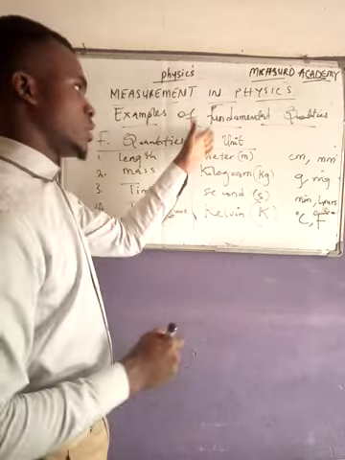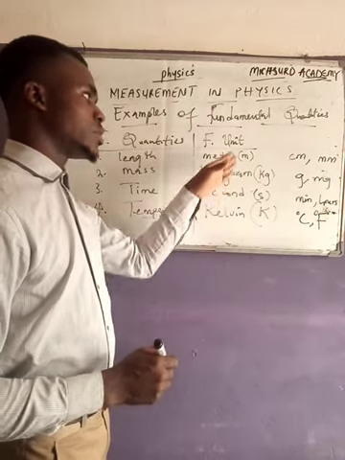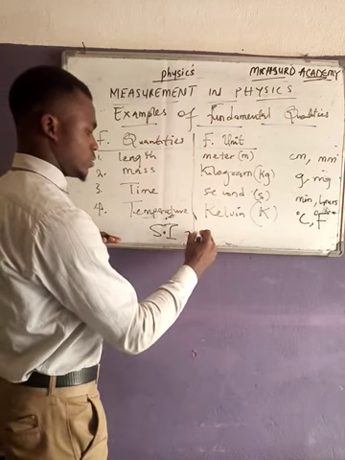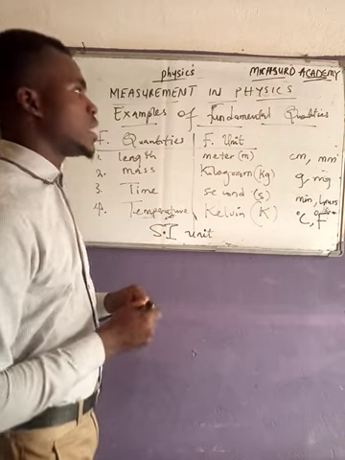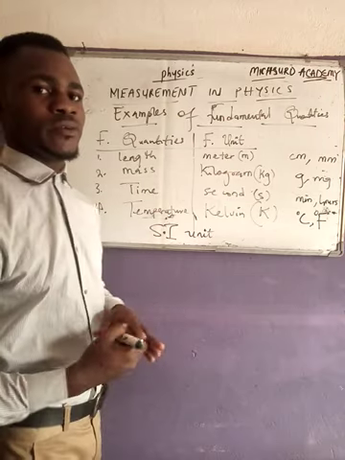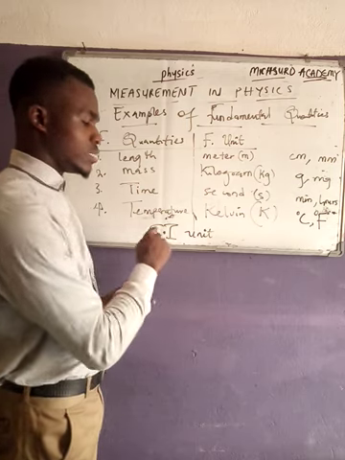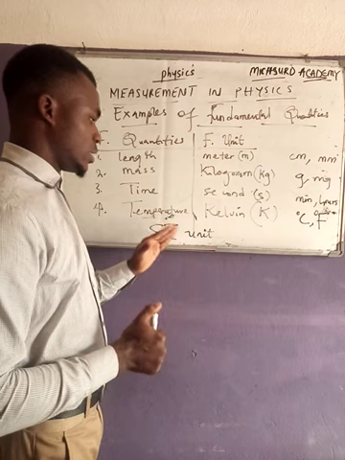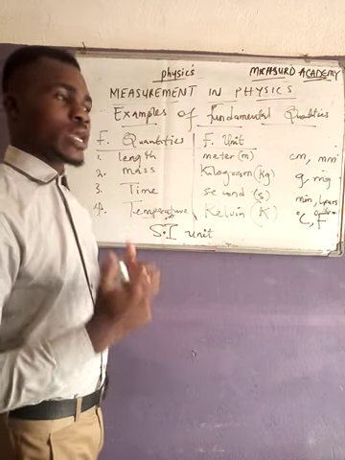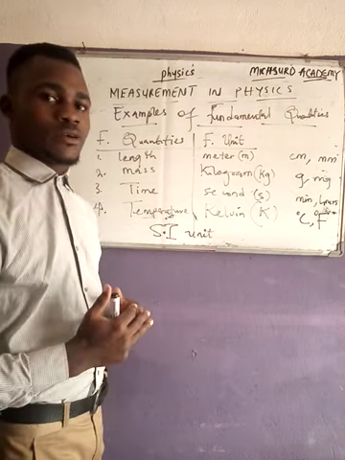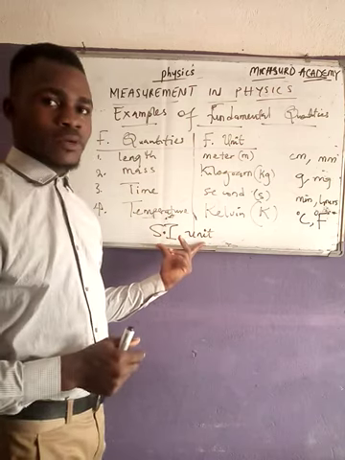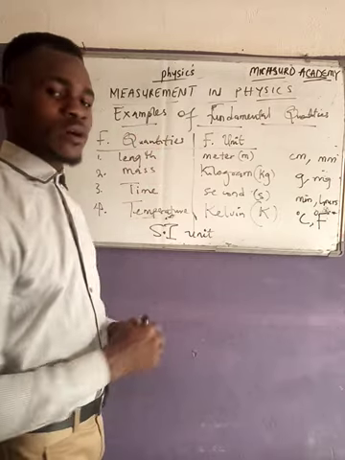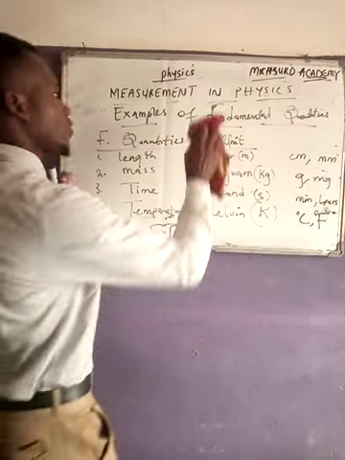Now, why are we using these ones here? We use these ones because of what we call the SI units. So these are the SI units of these different quantities. The SI unit is the Système International unit, or the standard international unit, the unit that is widely accepted. So we call them the SI units. Alright, so now we are going to go to the examples of the derived quantities.